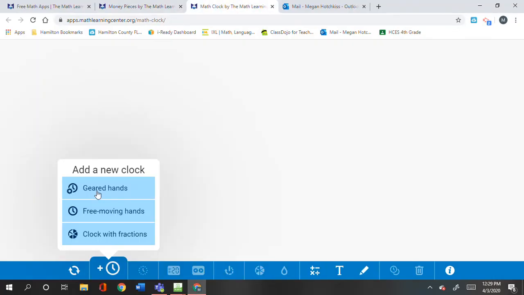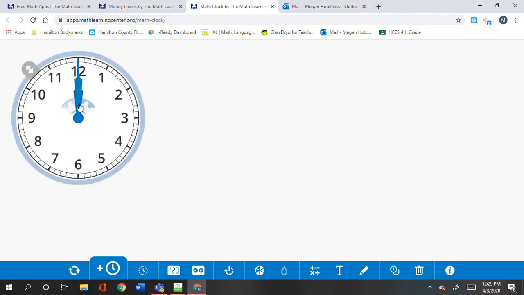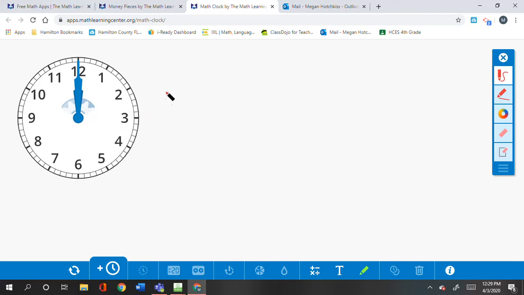We're just going to go over here. We're going to put this clock over to the side. I haven't decided if I'm going to use it or not. I just want to use the pen. So if I were going to write a timeline for her, she woke up at